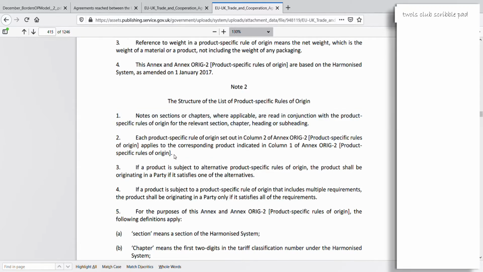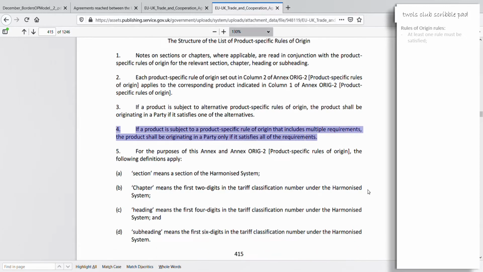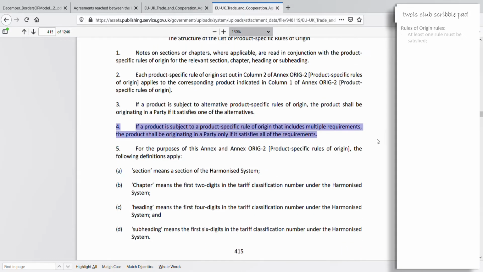Point 2. In very simple terms, this indicates that rules of origin are given in a 2-column table. Column 1 indicates the product type. As you will see, column 2 holds the actual rules themselves, as well as section and chapter titles. Point 3 simply tells us that there can be more than one rule for a given product type. And as long as at least one of the given rules is satisfied, then your product will be considered as originating, and therefore, a likely candidate for preferential tariffs at the customs border. Hurrah! Point 4 tells us that if there are different requirements for any given rule, for your product type, in column 2, then all rule requirements must be met, before your product can be considered as likely originating.